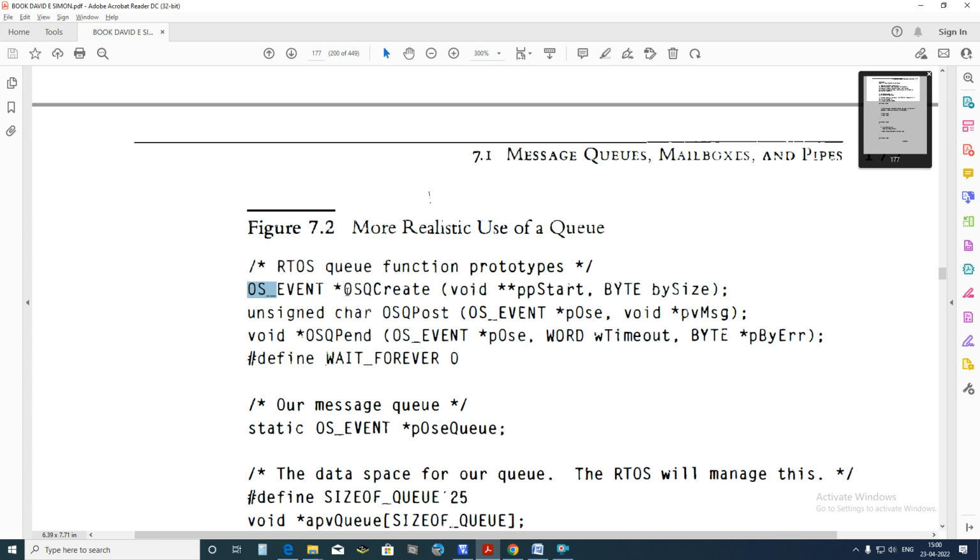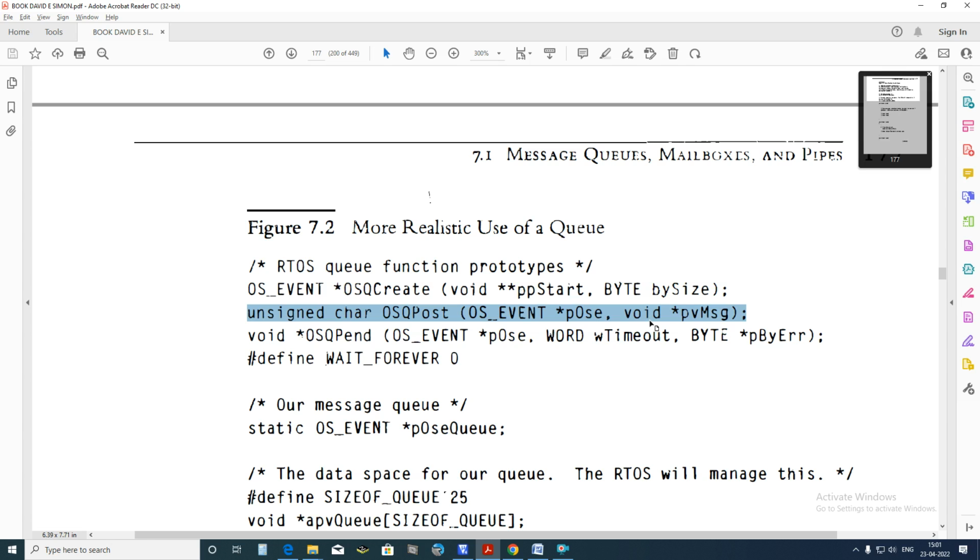So we are creating the queue. We are creating the queue pointer with the queue size. This is the syntax for creating a queue in the new cause real-time operating system. This is the syntax for add to queue. Add to queue means queue post. Adding the content to the queue, the log error uses this OS queue post function